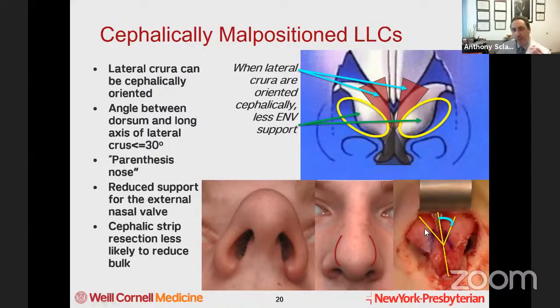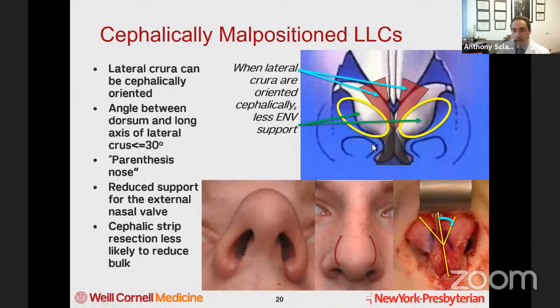So what has to happen with these, you can imagine, if I just take a little bit of this cartilage off, if I take a cephalic strip, if I just do the knee-jerk response, I want a smaller tip, I'm going to take a small cephalic strip off, and I take cartilage off here, that's up here. That does nothing over here, okay, number one. Number two, he still has all of this tissue that's unsupported. I'm now weakening his lateral crus, okay, which means he's going to be a setup for even more nasal obstruction